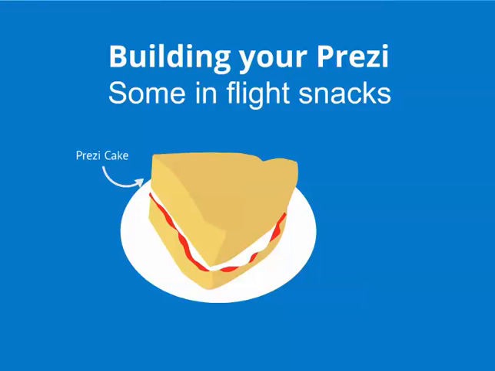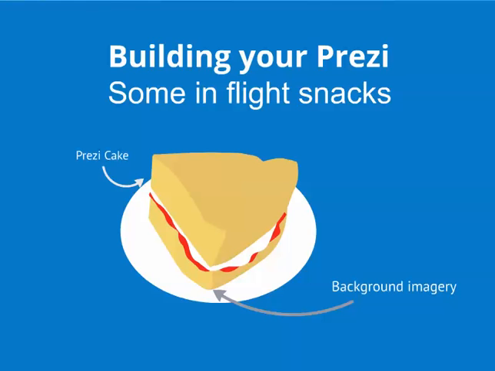The very first thing we should add, so let's say the bottom layer of sponge for our Prezi cake, would be the background imagery. So for instance, my background image on this presentation that you're looking at now was actually just a very simple rectangle of blue colour, which is the flight safety card that you saw a second ago. That was the very first thing that I put onto this presentation, and that was just a JPEG image.